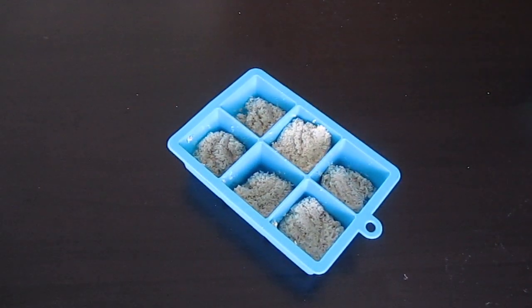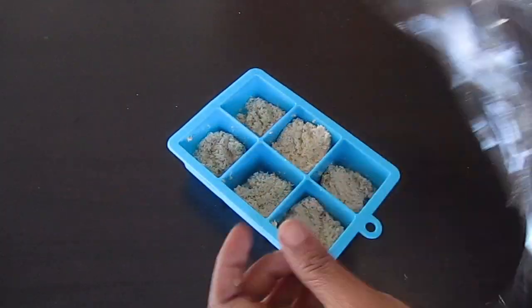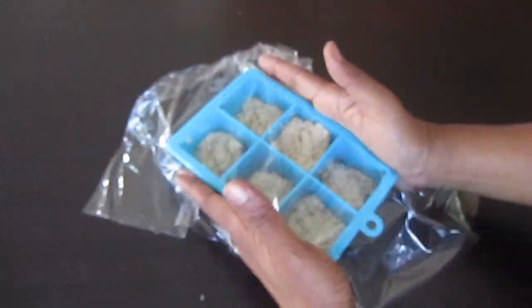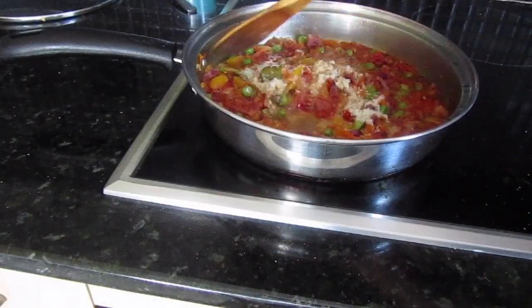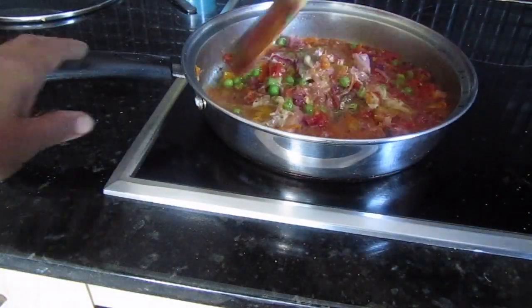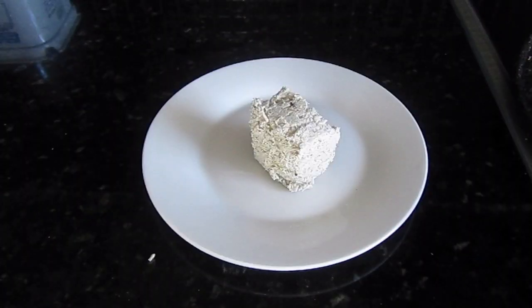Now this can be frozen for around 2 to 3 weeks, and this paste can be used for various things like many of the South Indian curries. This paste can also be used in the mixed vegetable kurma, which goes really well with chapatis and parathas. So back to our chutney, we can freeze this for around 2 to 3 weeks,